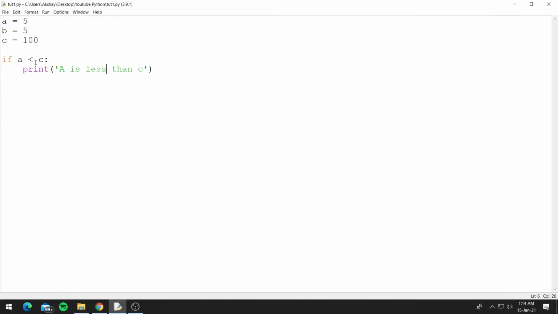We also have another operator, which is greater than or equal to. In this case, 5 is not greater than or equal to c, so it shouldn't print anything. Let's run this.